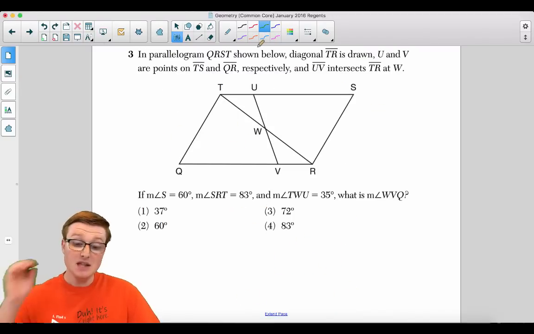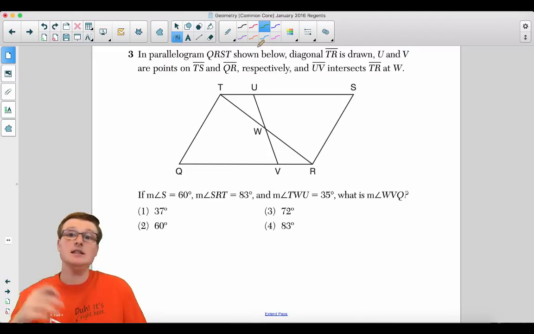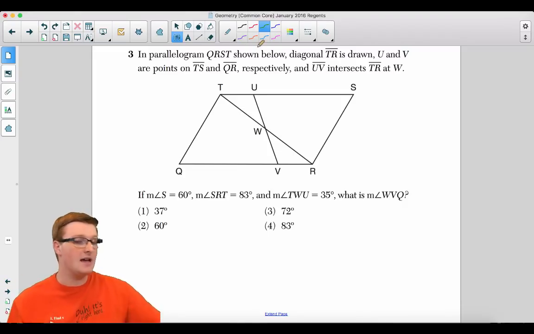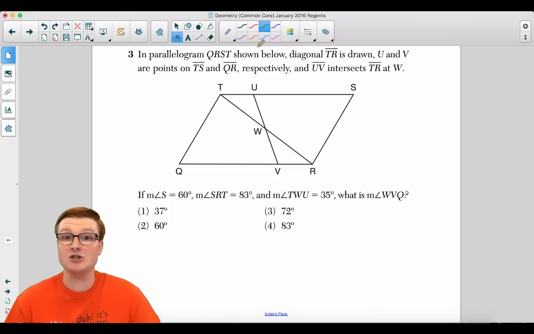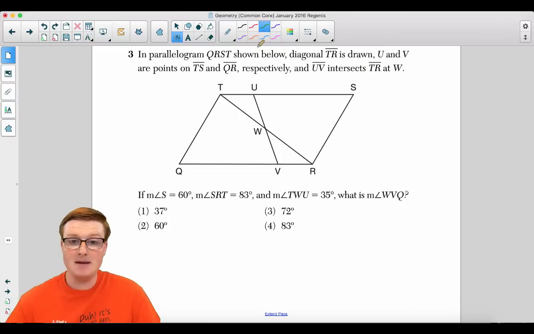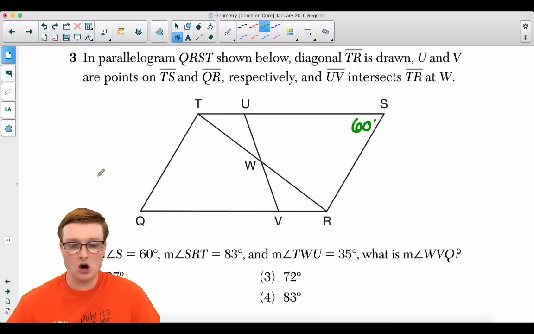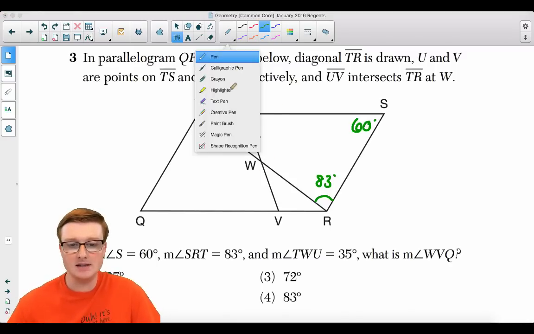Okay. This question is a step up in difficulty level. Let's go ahead and read through this. In parallelogram QRST shown below, diagonal TR is drawn. U and V are points on TS and QR respectively, and UV intersects TR at W. If the measure of angle S is 60, and the measure of angle SRT, which is over here, is 83 degrees, and the measure of angle TWU, which is up here, is 35, what is the measure